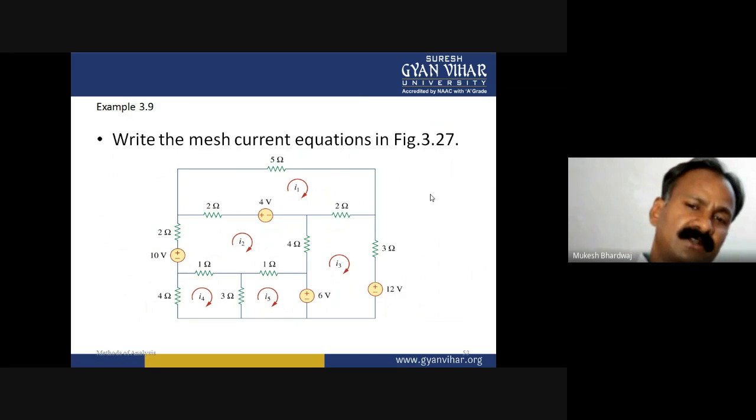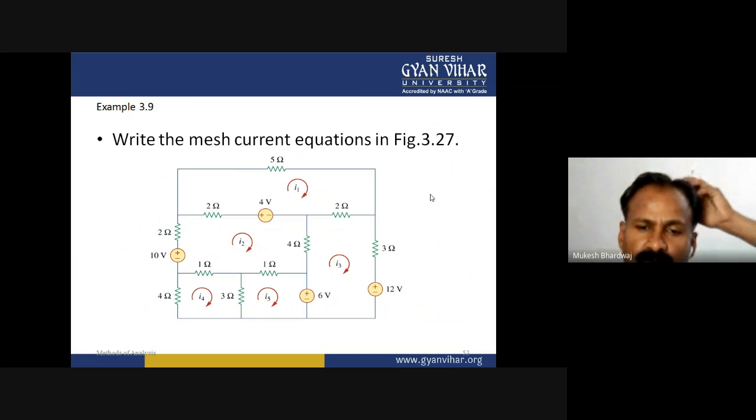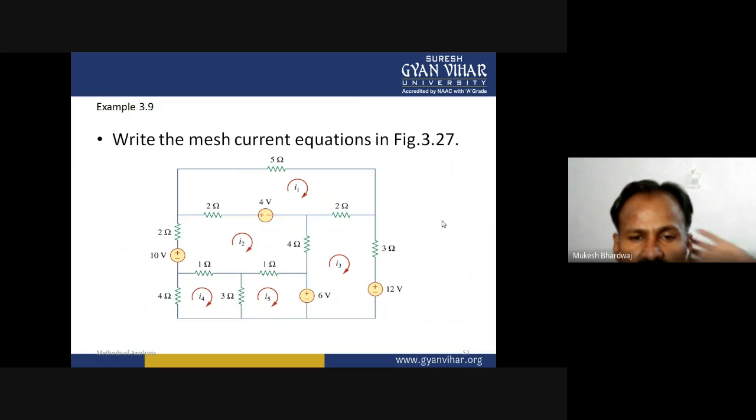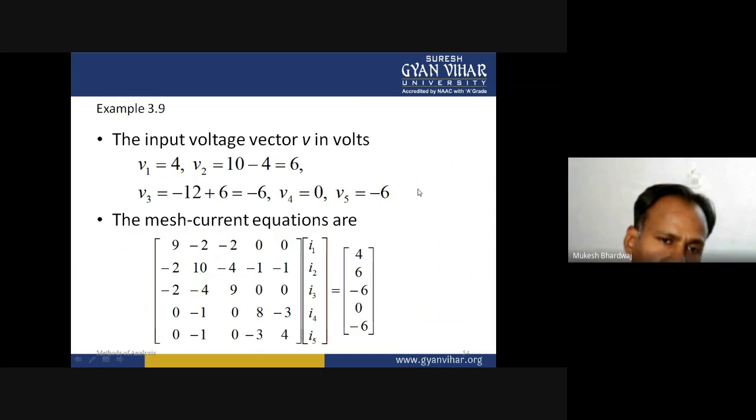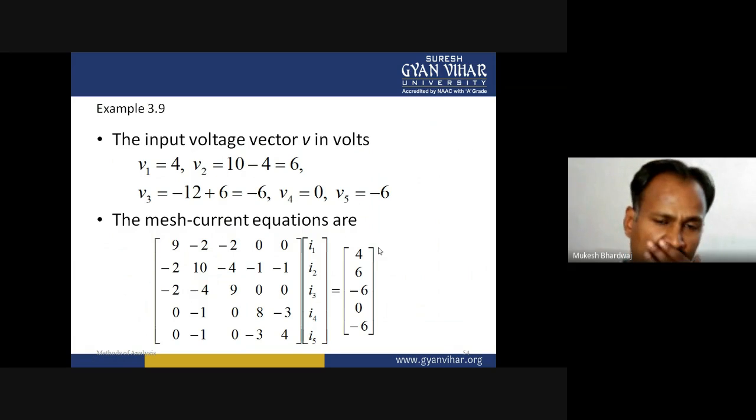Now write the mesh current equations for the next example. The circuit is shown, we need to write down the mesh equation. So we can easily write down the mesh equation by using the loop law or by using Ohm's law. The input voltage vector V in volts, V1, V2, V3, V4, V5. The mesh current equations are